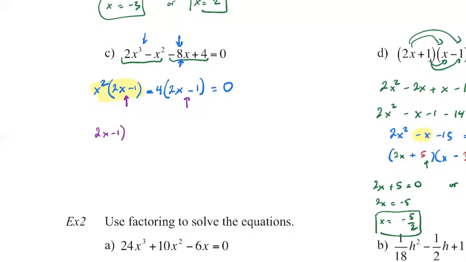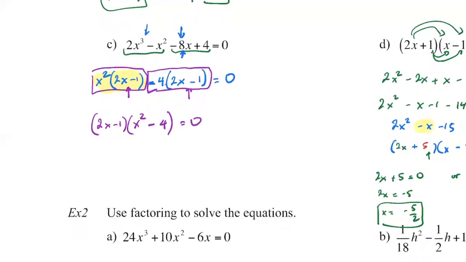We said that is my GCF. If I factor out 2x minus 1 from the first term, the leftover factor is x squared. And if I factor out 2x minus 1 from the second term, my leftover factor is negative 4. All right, so now we have